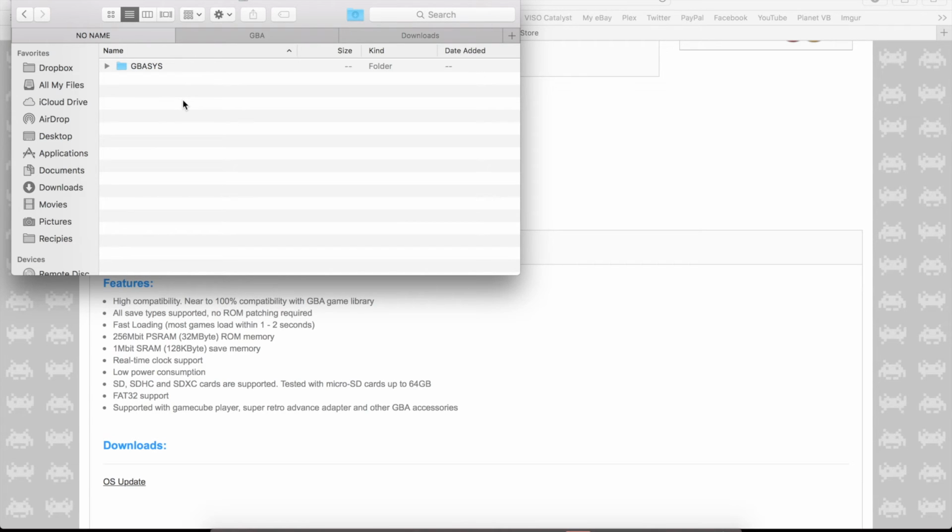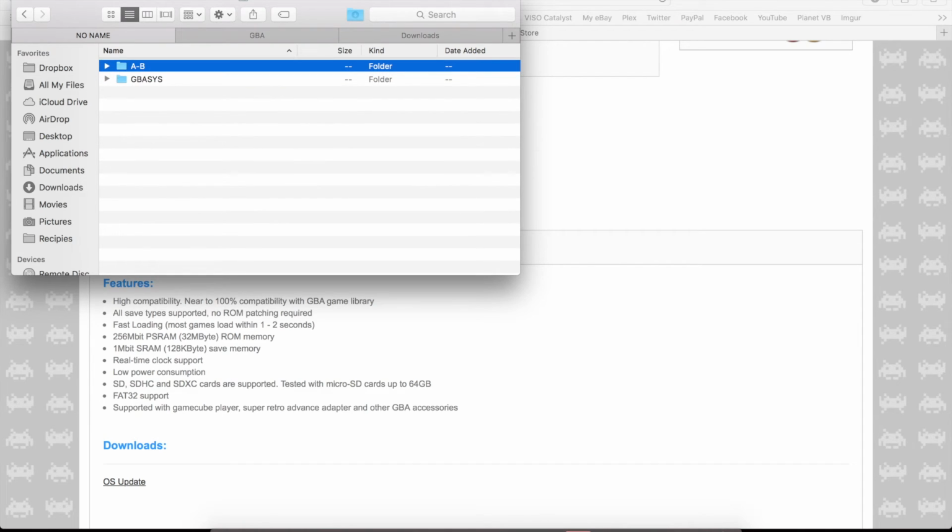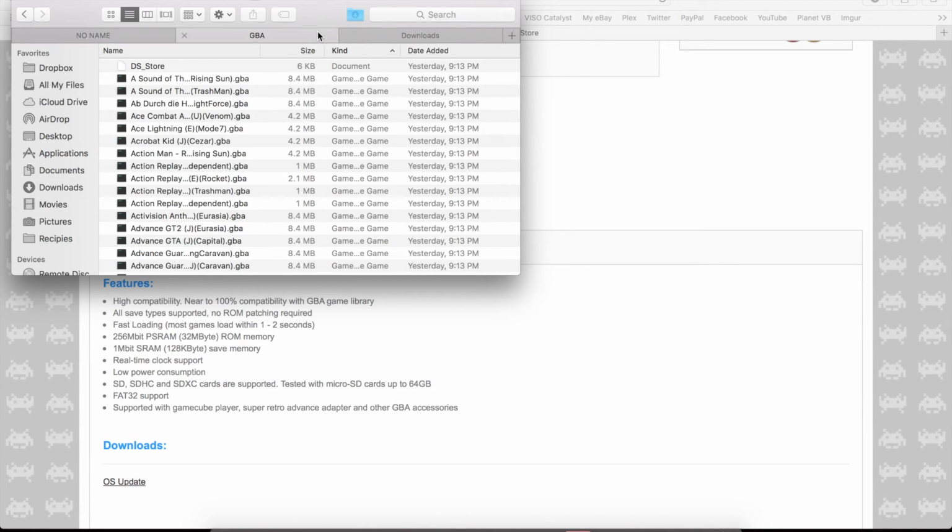Now, if you're ready to drag your ROMs in, I recommend doing folders that are alphabetized. They can only hold a certain amount of ROMs per folder, so don't put too many in. I can't recall the number offhand, but just do this. You want to create a new folder, and I'll put, say, A through B. And then the next one would be C through D. And when you're ready to drag your ROMs,